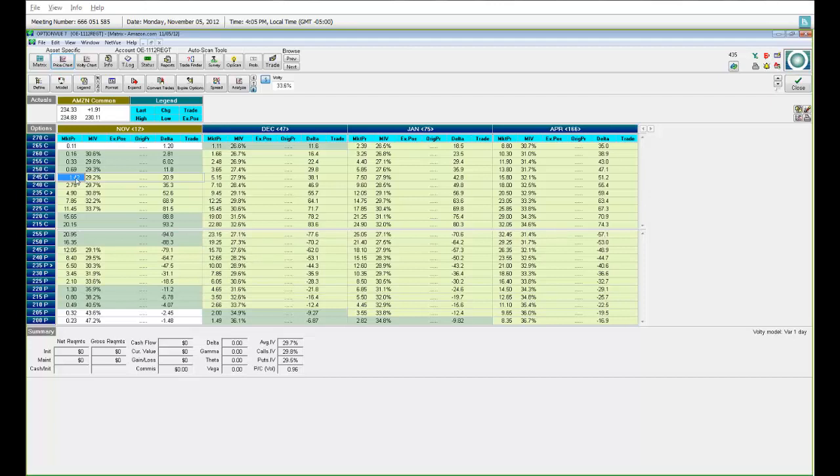Now, what does that mean? $1.42, no big deal. Well, it is a big deal. Here's why. I'm going to just buy it right here. Okay? Right there. One option contract equals 100 shares of stock. Okay? So it's not just $1.42, it's $147. That's not a big deal.